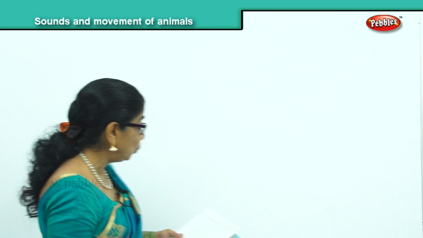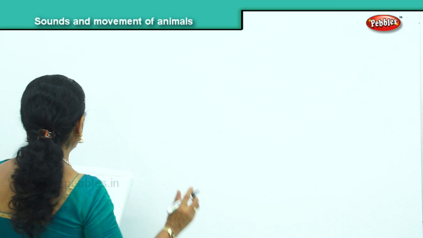Okay, let's say, supposing you say cat, what will you say? What is the sound made by the cat? Purr. Then we can say a cat purrs when I play with her. So let's say the monkey. The monkey chatters as he swings from tree to tree. Now you say a dog. Dog barks. A dog barks at strangers at the gate. So like that, we must learn to frame sentences which will help us in our English language. So what we are going to do now, frame a sentence with the animal, okay?